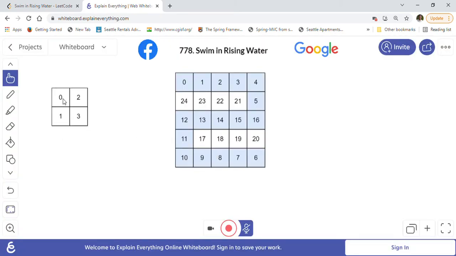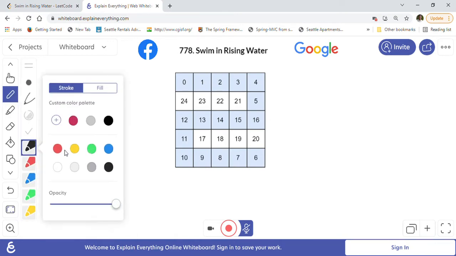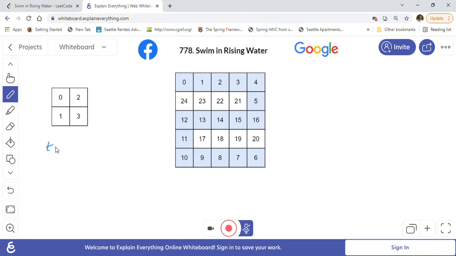For example, the rain starts pouring when time t is equal to 0. So this grid is given to us when t is equal to 0.